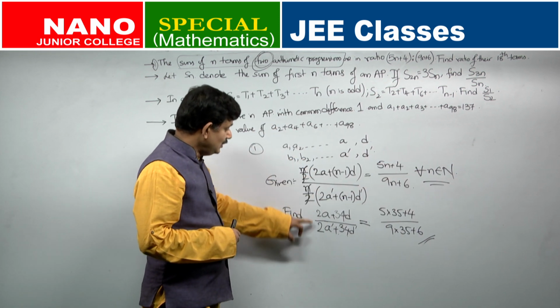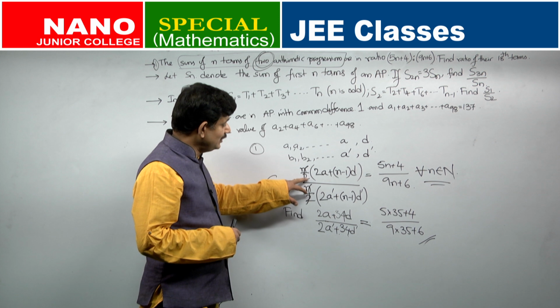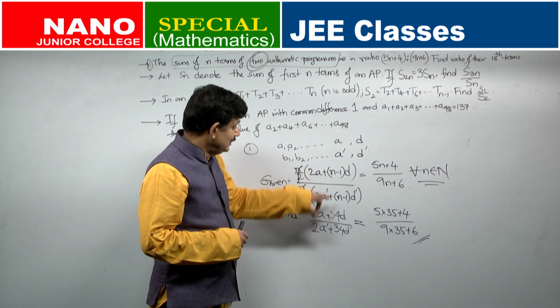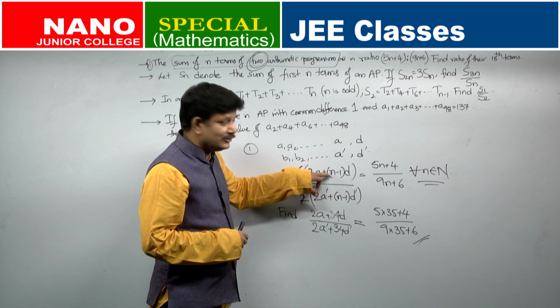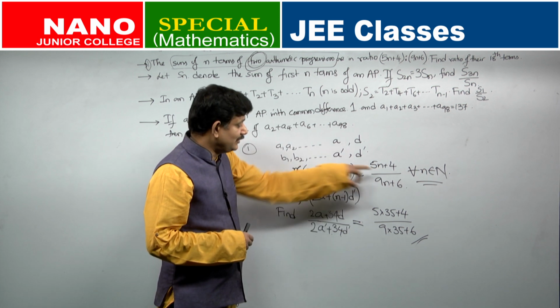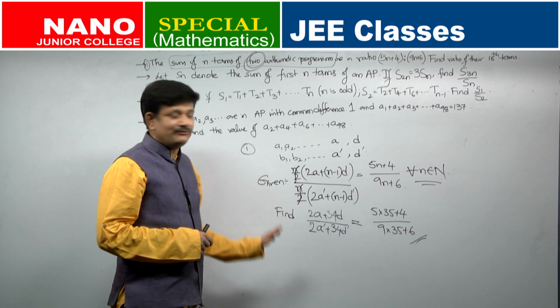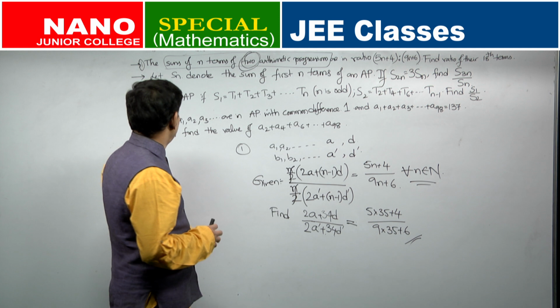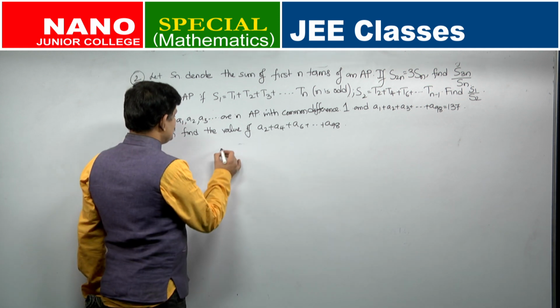So, you have to see what it is that you have to find and what is given. In order to get what you want, what should you replace n with? In this, in place of 34, there was n minus 1. So, I replaced n by 35 on both sides, and I got the answer. It is a one step question, okay? But you have to understand the question properly. Let us look at the second question.